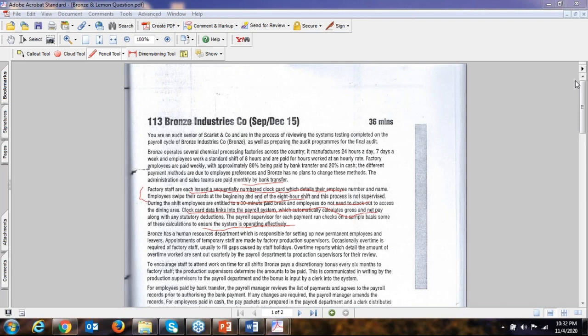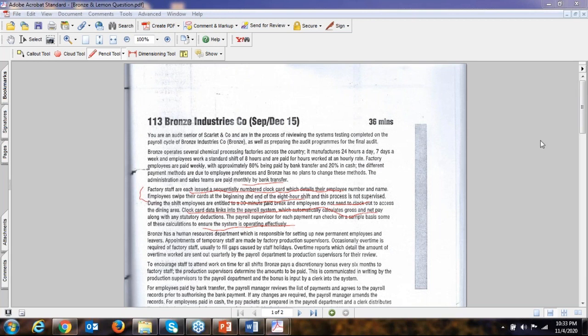Yes, Salman. To ensure the integrity of the system, that it is operating effectively and efficiently. Very right answer, very right interpretation. It will also help the management to identify if the system is not working effectively, on time. Yes, Sahil, whether the system is working perfectly or not, this is the right option. Very good, guys. Very good.